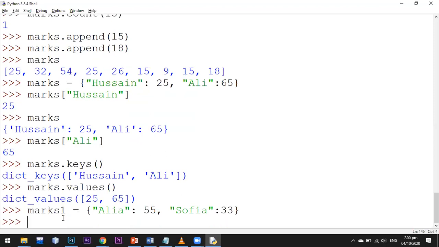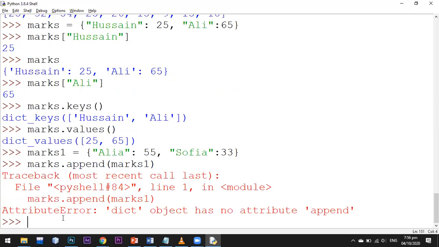And now I want to append my dictionary using this. So if I want to append like this, marks.append into marks1, it will not allow me. So in dictionaries, you cannot use the append function.